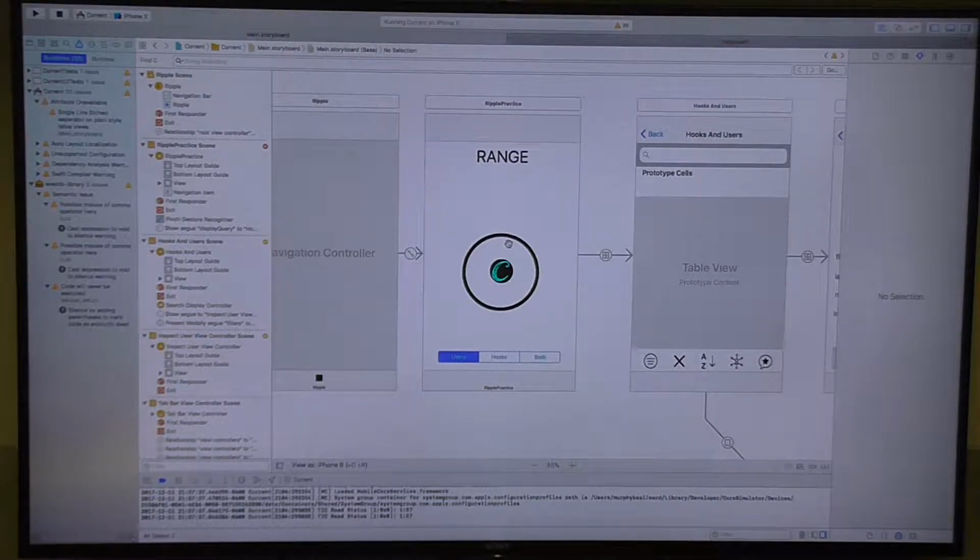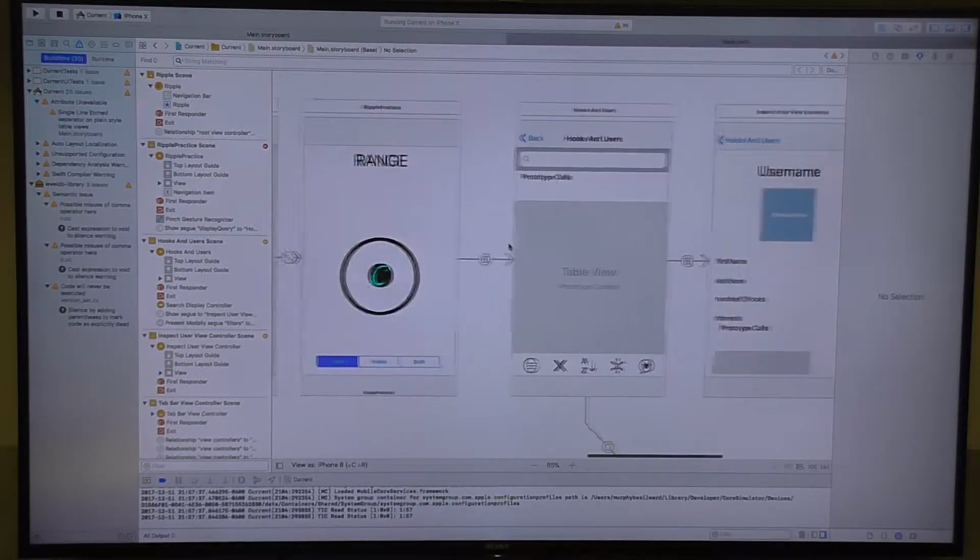So if you do a pinch gesture, which we implemented, and you have to use the Alt or the Control, the Option key on the keyboard, you can pull and scale that, and then it would break down and extrapolate what the range would be based on the scale of the actual shape. And then based on the input you picked, whether it's users, hooks, or both, it would send that to Firebase and say, okay, I need to return all users, or users based off of some criteria such as the range, and it would take that over to the next section, which would be the hooks and users.